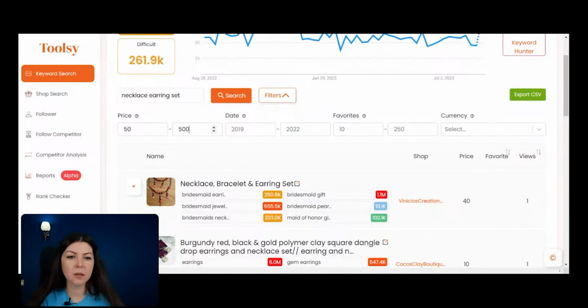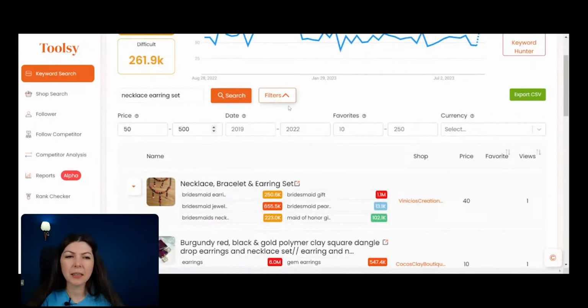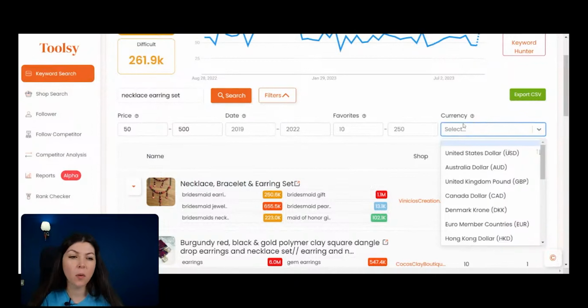So that's how you can filter. Also, the price here will be the price without discount, because as I already told you, the price that we are getting from Etsy is without discount. And also, for example, here you may choose the